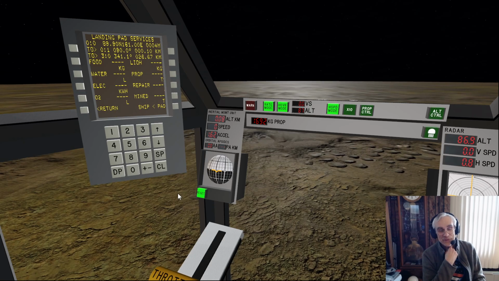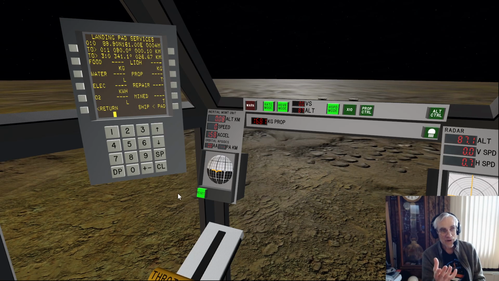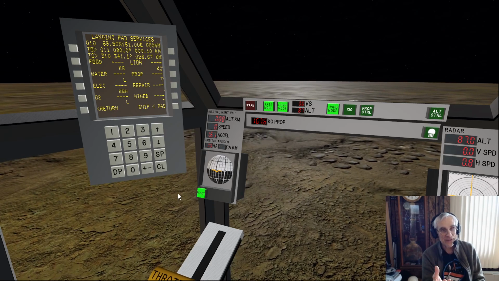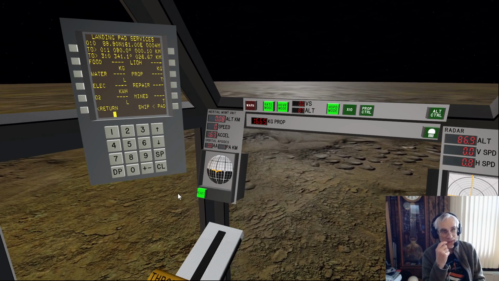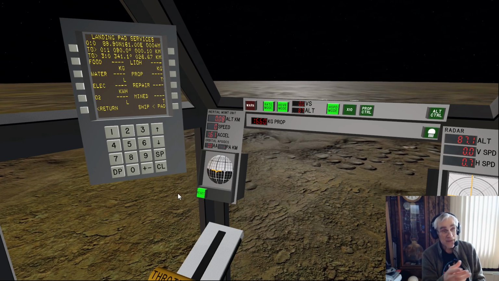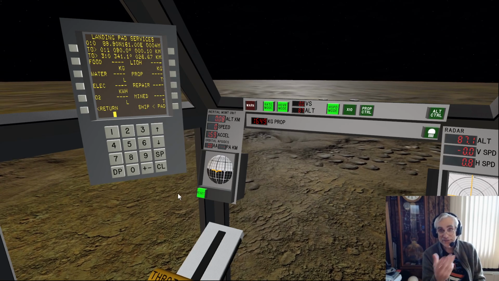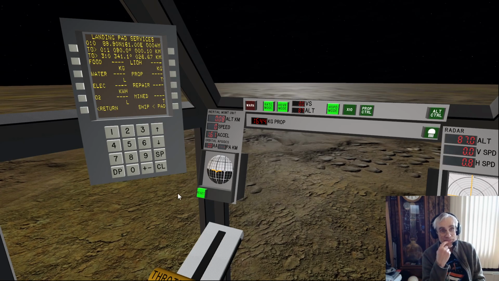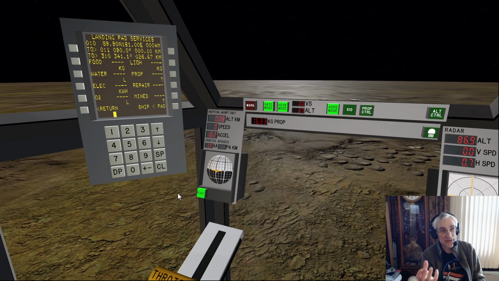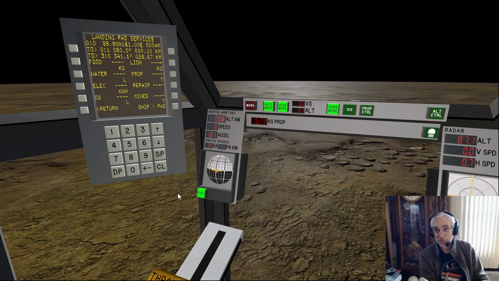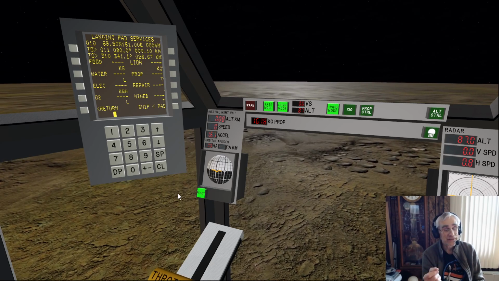My next big goal actually is to incorporate some kind of help user interface, an online tutorial, or question marks that pop up on the screen to help you figure out how to do the different things. Although this is a simple spacecraft, for a new player it is baffling what to do with it. And a lot of people who play this for the first time are thinking of it as an aircraft, or as like a Star Wars spacecraft. It's not like that. It's more like the Apollo lunar lander.